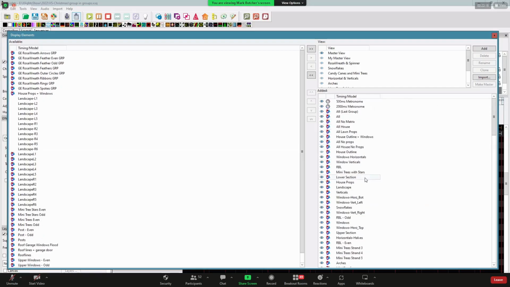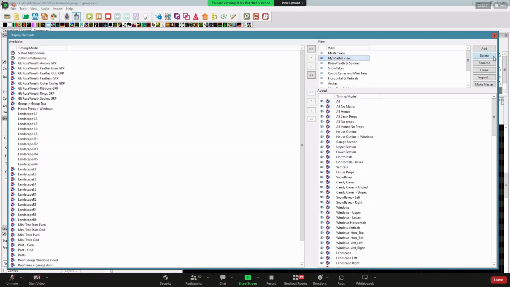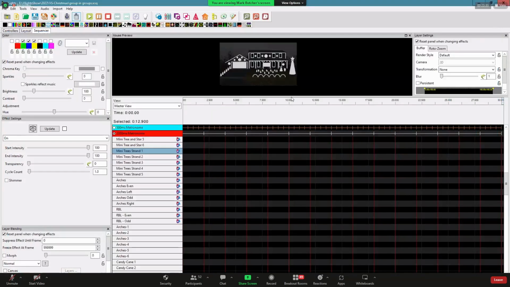Mine's slightly different, because as you get down lower in the list, the size doesn't matter if they're not going to overwrite each other. It doesn't really matter what order they're in. So I try to put them in a bit of a logical order for how I sequence when it's not something that's going to overwrite. I keep my candy canes together and keep all my windows together. Even if they're different sizes, I know my snowflakes are never going to overwrite my windows, so it doesn't really matter which group is bigger. I know my candy canes are never going to overwrite my snowflakes. So even though I think the candy canes actually have more pixels, I have the snowflakes on top.